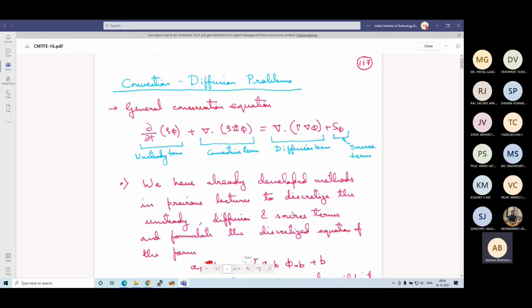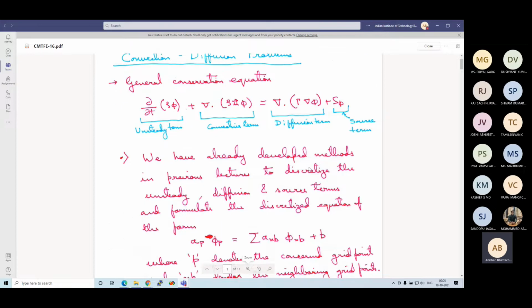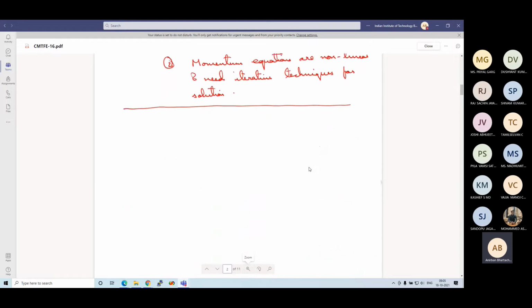Yes, sir. Okay. So we are discussing convection diffusion problems, and we have discussed multiple schemes, right? We had also reviewed what convection diffusion problems are in the last class, and basically we were interested in how to discretize this convective term, del dot rho u phi. Other terms we already know how to discretize. And what are the schemes that we have studied?